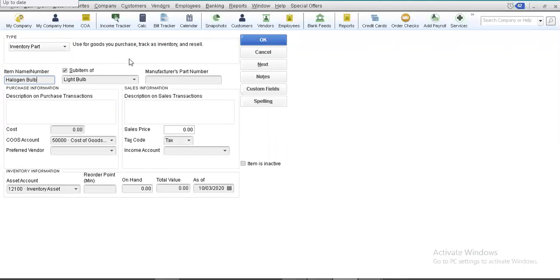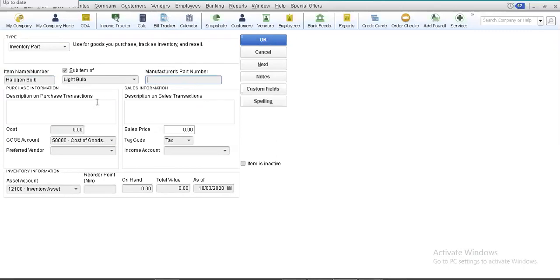The manufacturer's part number must be related to a preferred vendor. If there is more than one vendor from whom you purchase this item, it is not recommended that you write a manufacturer's part number. However, if you have a preferred vendor for this item, it is highly recommended that you write the manufacturer's part number here.